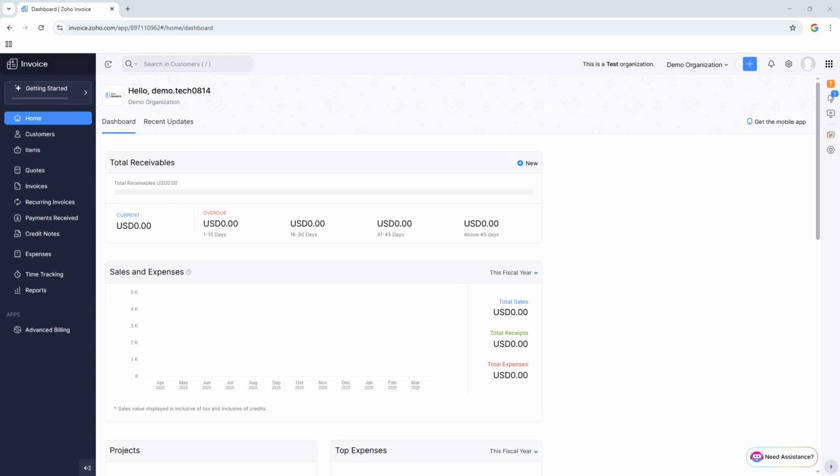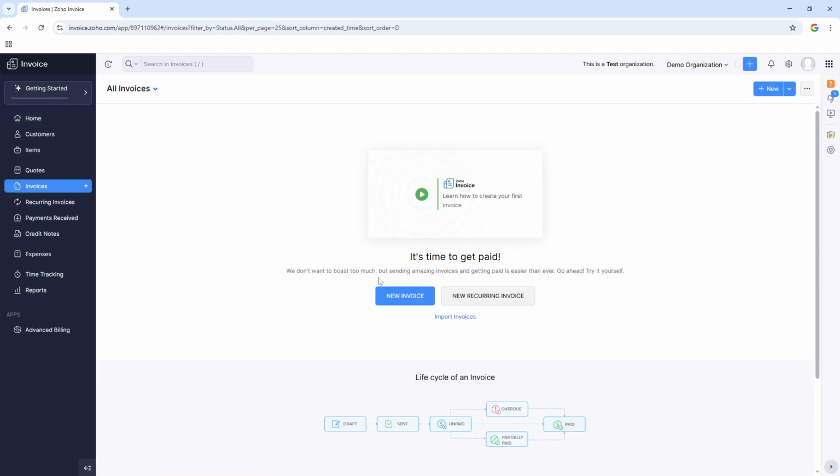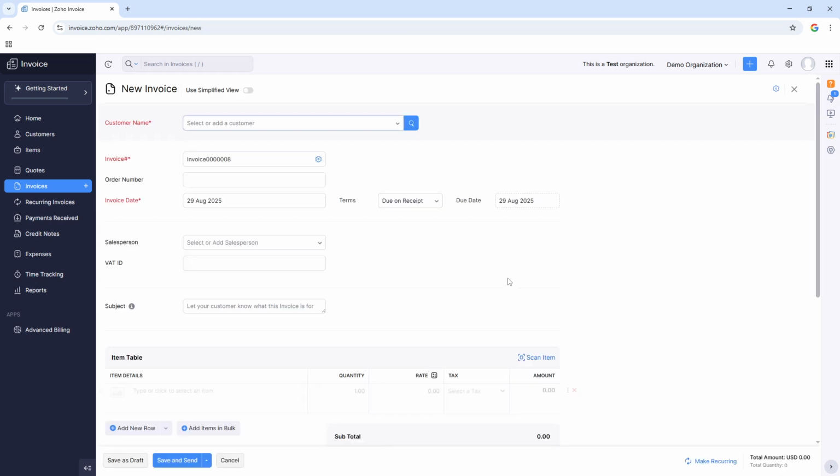To begin, open up your Zoho Invoice platform. Once you're logged in, navigate to the Invoices section. Here, you'll have the option to work with either a new invoice or one that you have already created. If you're working on a new invoice, click on the New Invoice button to get started. For those of you who need to update an existing invoice, simply find the invoice you need and click to